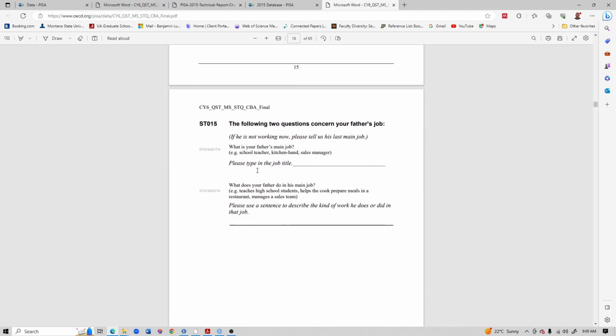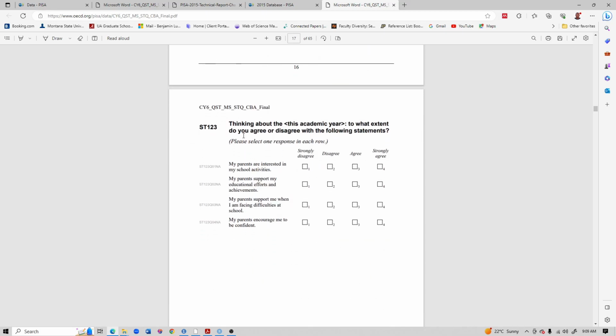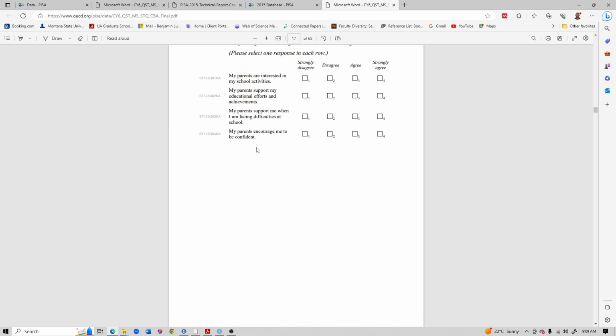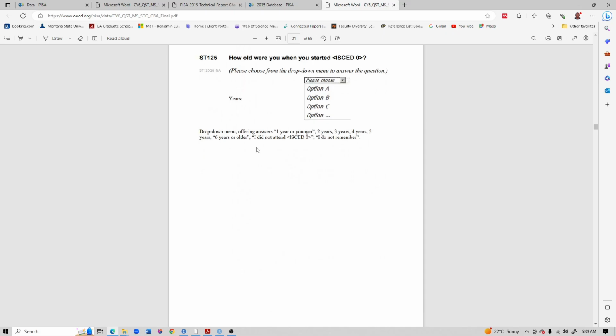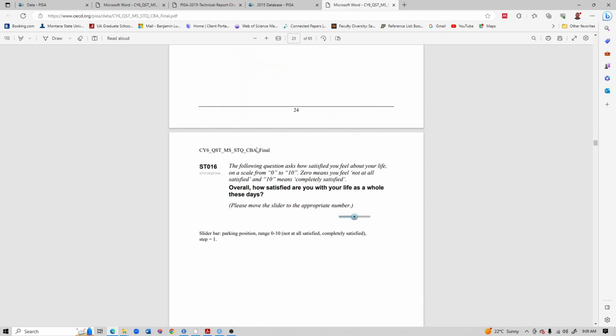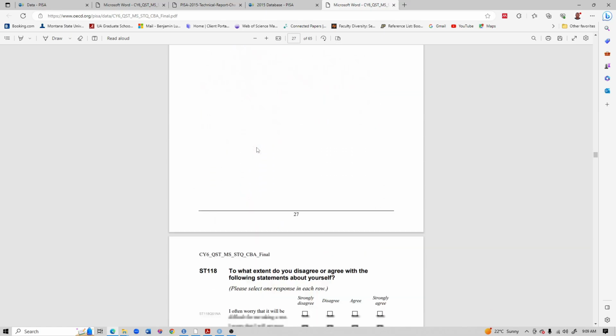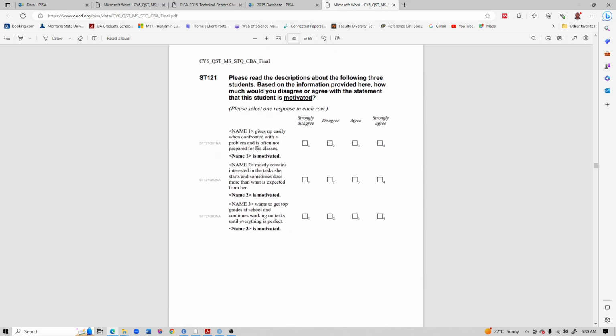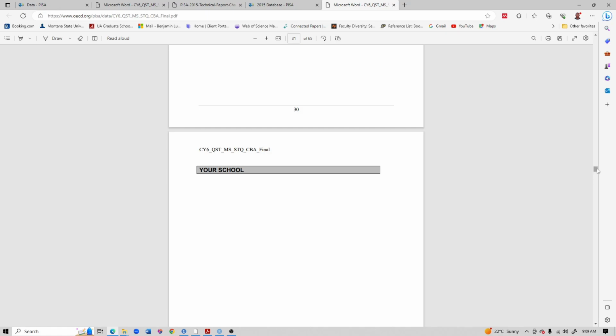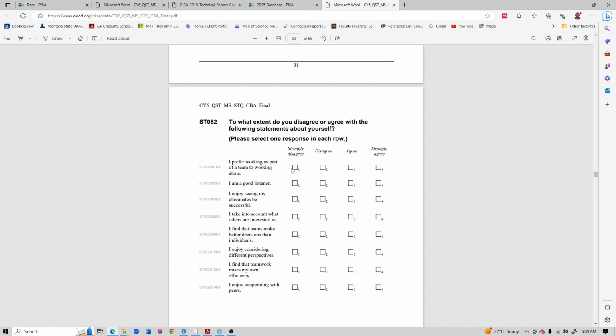And you can see this one: thinking about this academic year, to what extent do you agree or disagree with the following statement? My parents are interested in my school activities. You can see they have a four-point Likert scale rating. There is nothing like neutral here, so it is either you agree or disagree, which really makes sense to me. Otherwise students would choose the middle option, neutral, throughout, and it may affect the quality of the assessment report. Okay, so this is the questionnaire on student assessment and